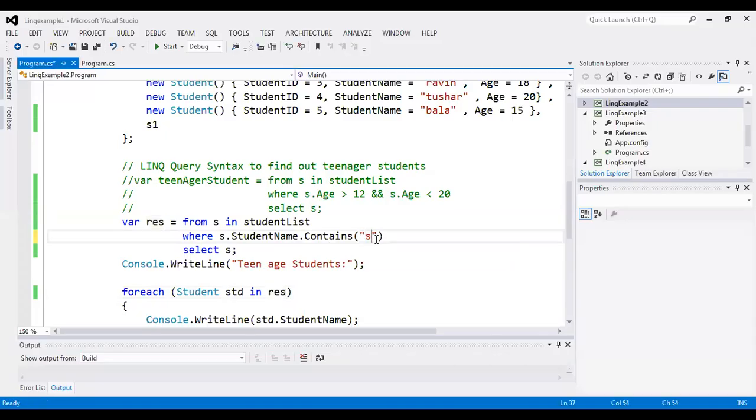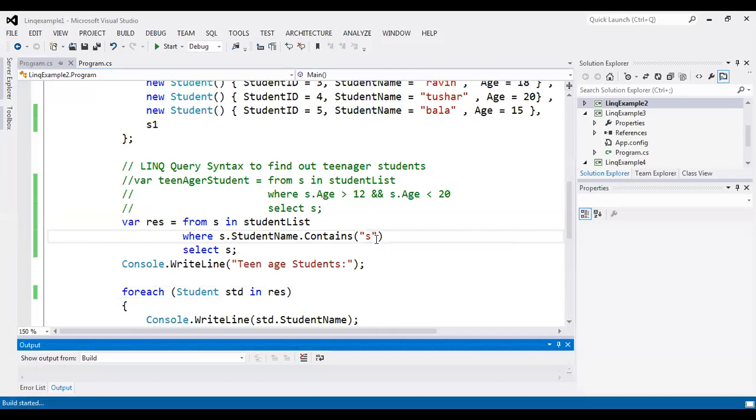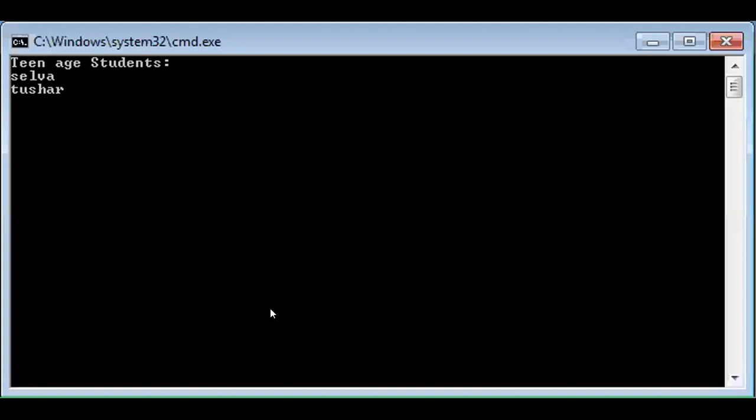If it contains S, let's see the output. Now only two values will be retrieved, Selva and Tushar, because only these two students have S in their name. Okay, so this is the query syntax provided by LINQ.